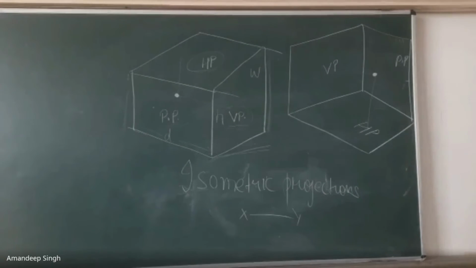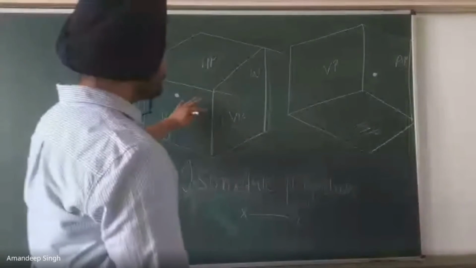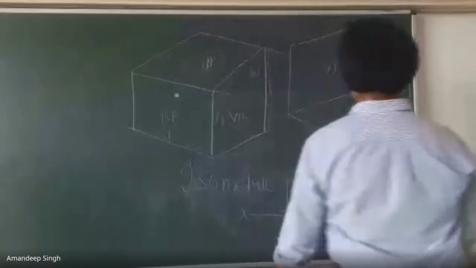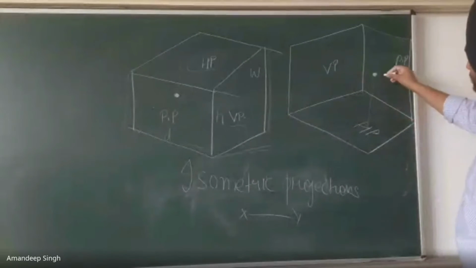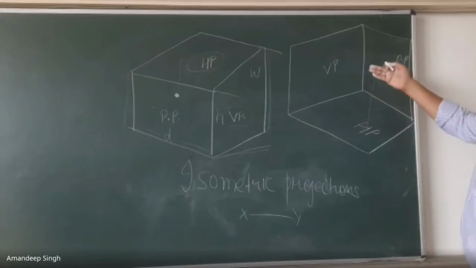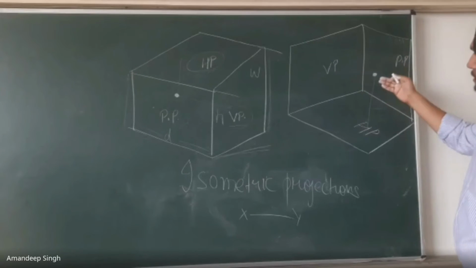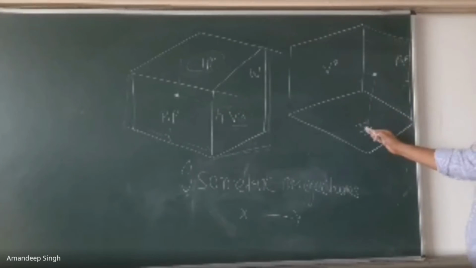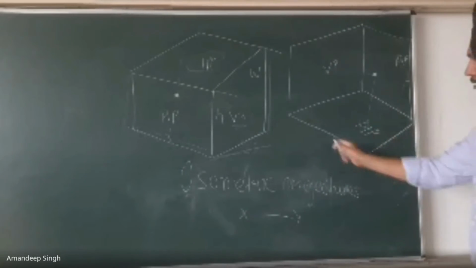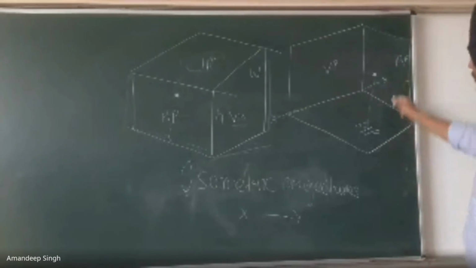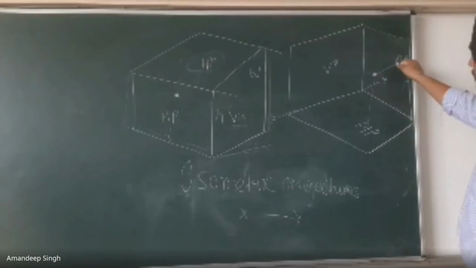So if I look at the views, this is the first angle. I've made a first angle picture. In the first angle drawing, I can see the object going on the VP, making the front view, going on the HP, making the top view. So this is the XY line, and the side view on the profile plane, making it a right side view.